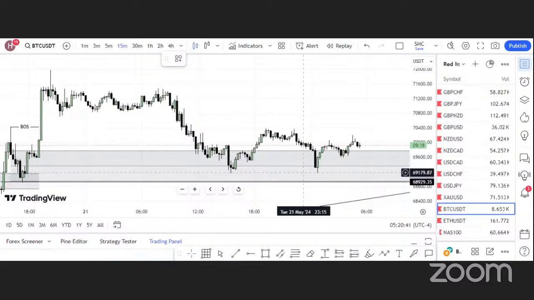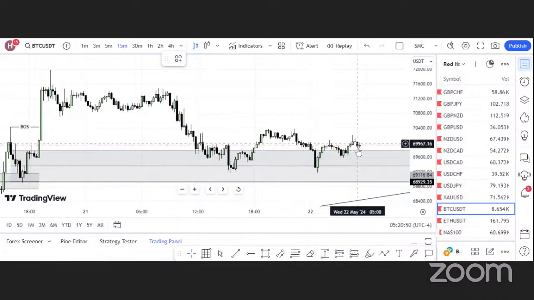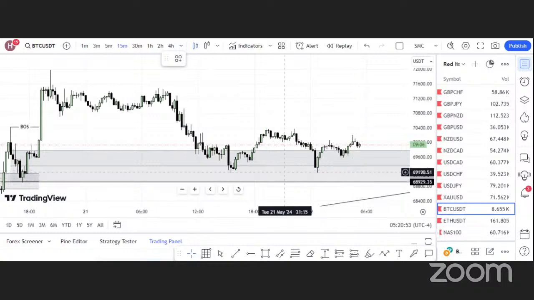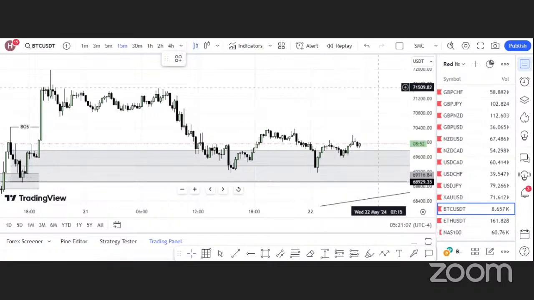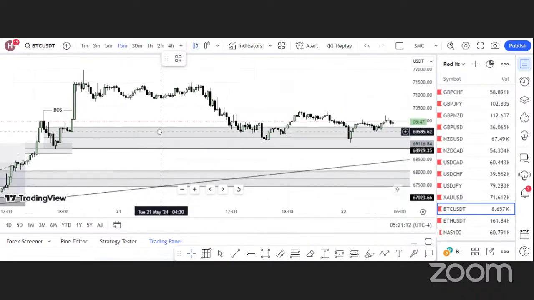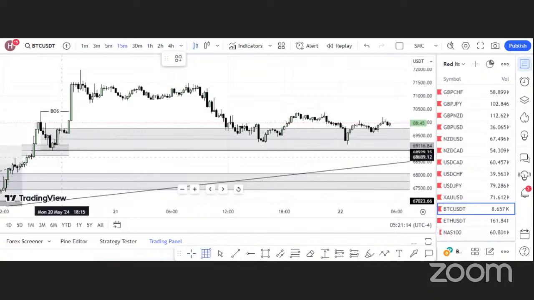So what's going to happen here is the market likes to take liquidity from this kind of areas. So the market will most likely come down to this level, right? Take liquidity, take buyers out of the market, get into their stop loss. So when they are out of the market, it will then continue to fly up. All right. So that is just my assumption. The market can still decide to do something different.